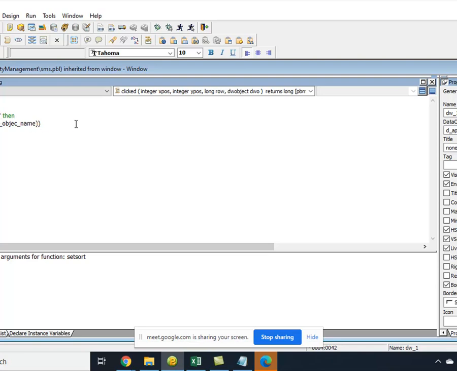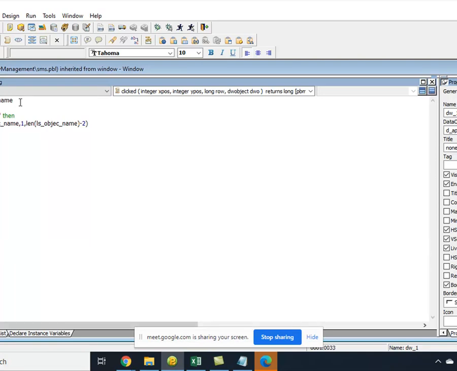So what I will do is -2. Now you will get the column name, ls underscore col underscore name, right? And then you will do, let's say, a message box.